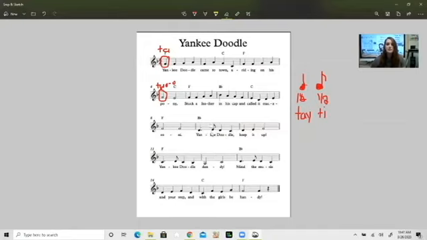Now, did you notice, because this guy is only half a beat and I need a whole beat and a half for this first one, it's going to last just a hair longer. So instead of ta, ta, like I see in my first measure on this line, I'm going Tay Ti. So my ti is going to come on what we call the upbeat. Tay Ti Ta Ta. Just like that. Okay, so see if you can say that with me. 1, 2, ready, go. Tay Ti Ta Ta. Awesome.